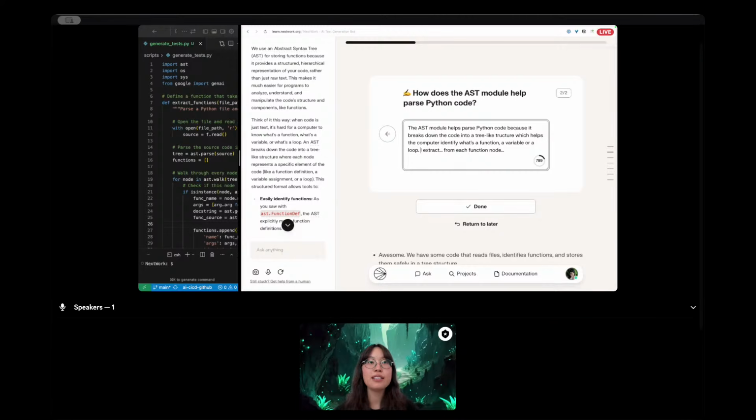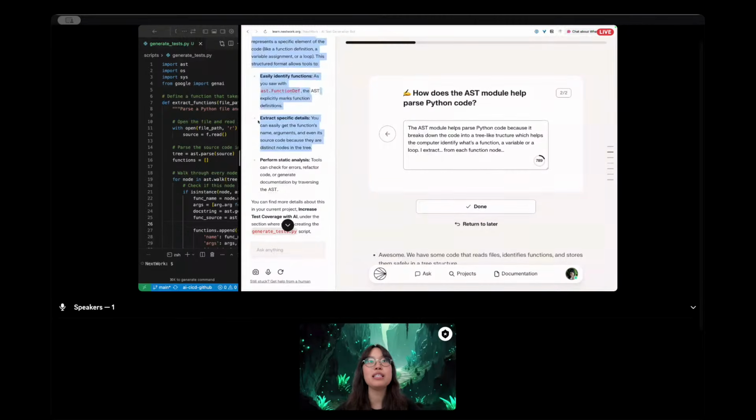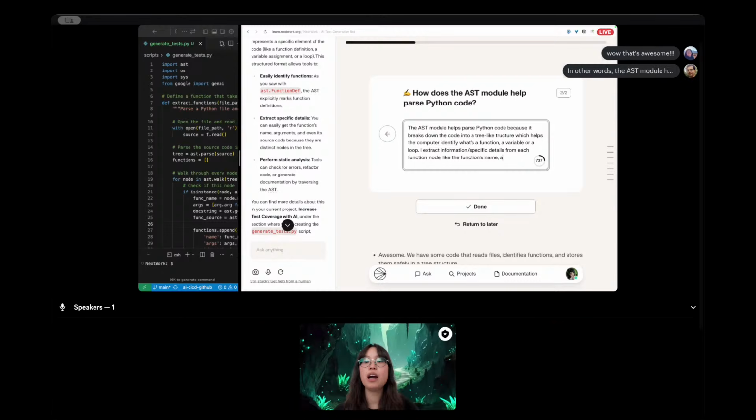So we extract specific details, which I remember is called the function signature. And that contains things like the function's name, arguments, and even its source code. So we extract information or specific details from each function node, like the function's name, arguments, and even